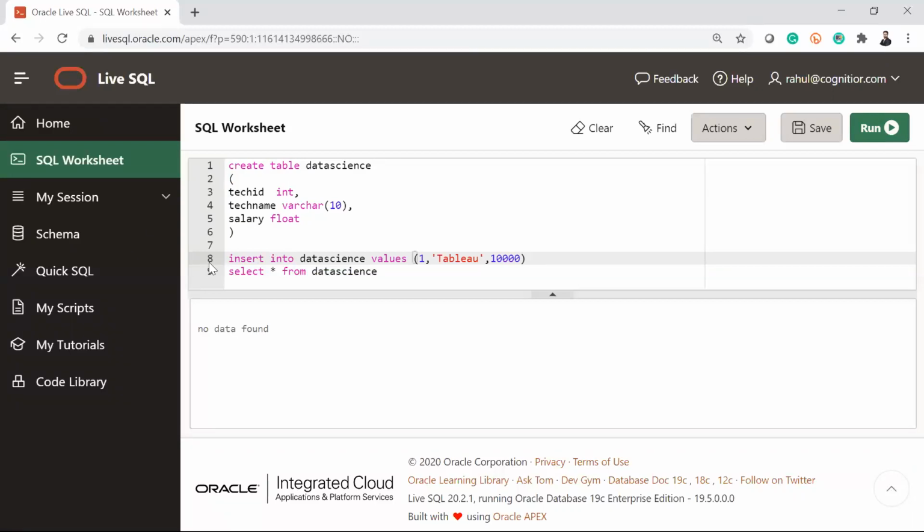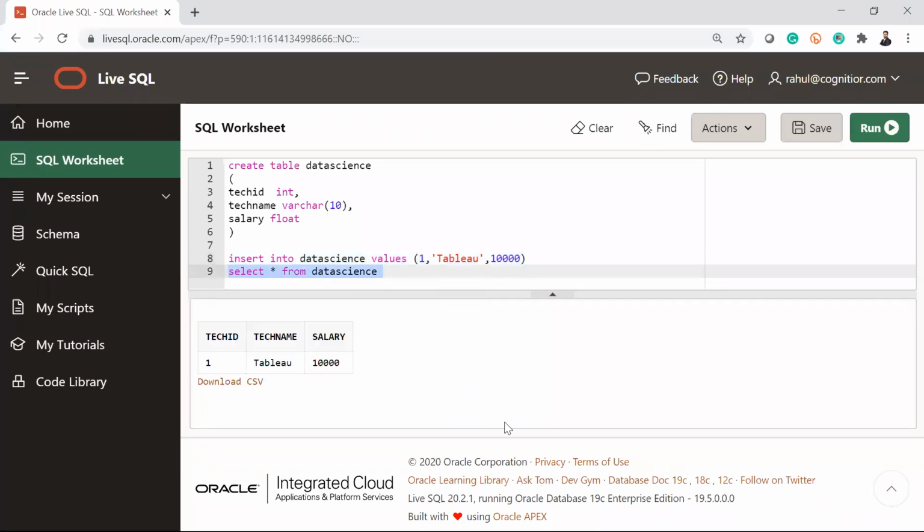So I'm inserting into the data science table. The values which I want to insert are 1, Tableau, 10,000. I select this, execute this, one row inserted. Now if I go here and execute this command, you can see that I am getting the output.